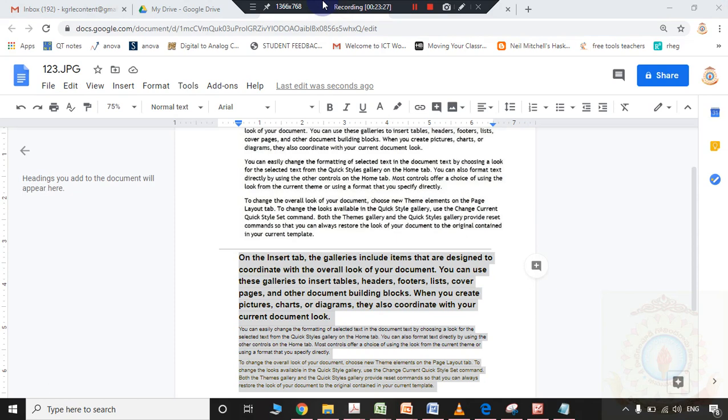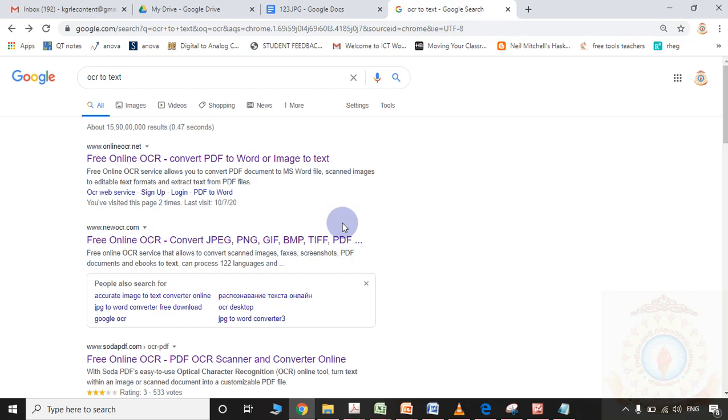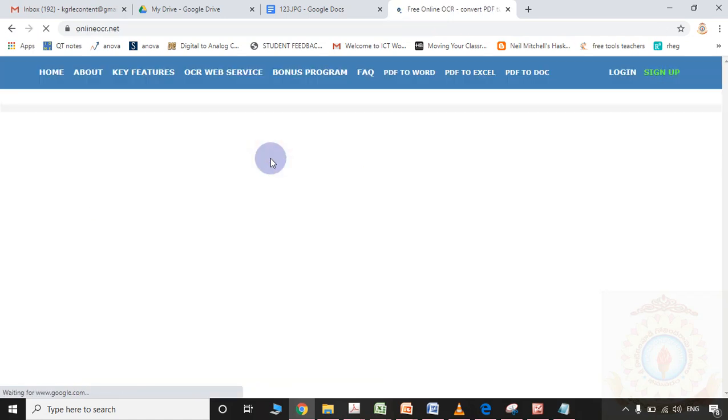Now to convert image into text, you can use some websites. Simply I am typing here OCR to text. Several websites are available. Some websites are converting PDF to Word or image to text.